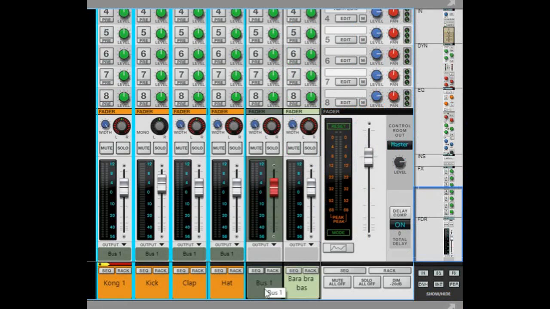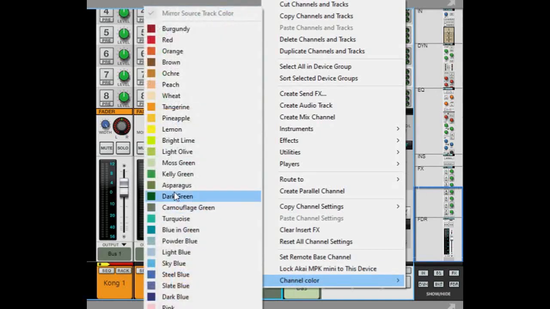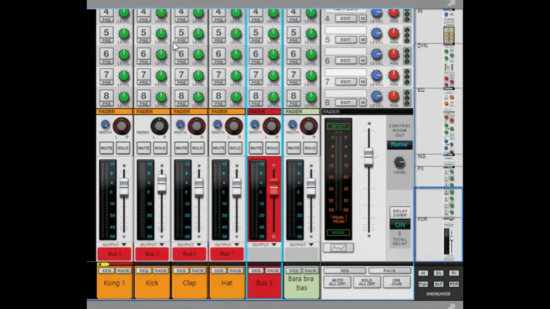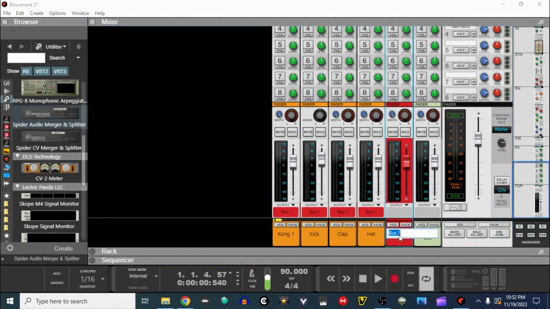So now, here is our Bus 1. What I like to do with the buses is I like to have them stand out so I can spot them immediately. Right click, go to Channel Color, and I like to put this to red. See how much it stands out now? Where before everything was just a different color and it just adds confusion. So now everything is being routed to our Bus 1. I'm going to double click this and put Drum Bus. So if we hit play,